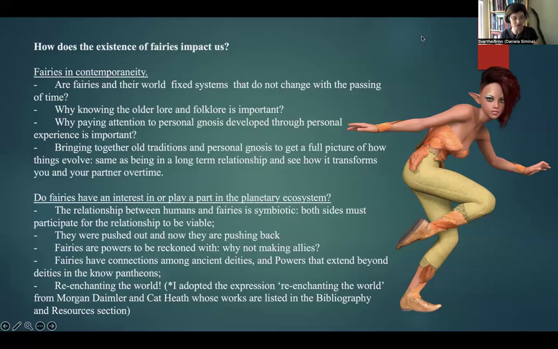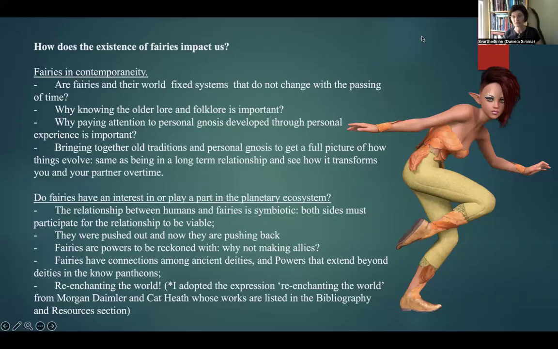There is also the sad converse aspect to this, when humans want to have a relationship with fairy beings just for plain extortion. I want a fairy partner, a fairy being, so I can extort benefits from them without giving anything in return. I just want the benefits. I want them to manifest for me. I want them to bring things for me. I want them to be my lovers. I don't care how they feel. I don't care what they do. I just want them to work for me. This rarely ends up well for the human involved. So again, relationships have to be symbiotic.